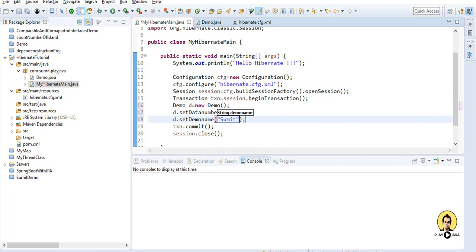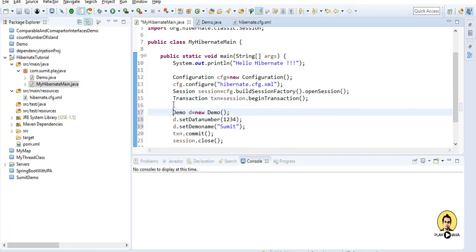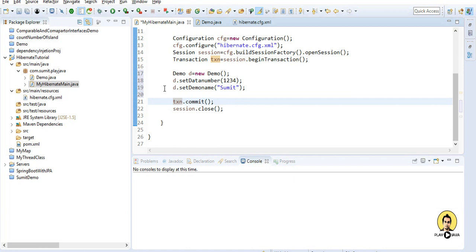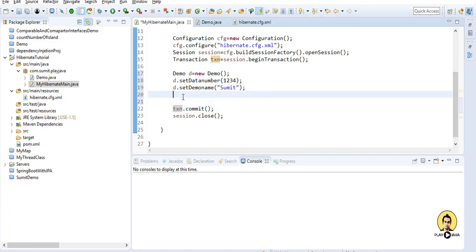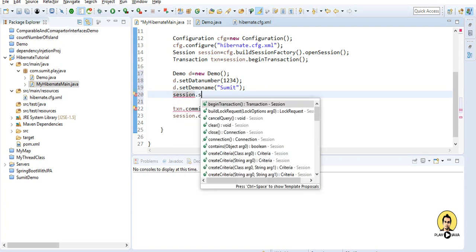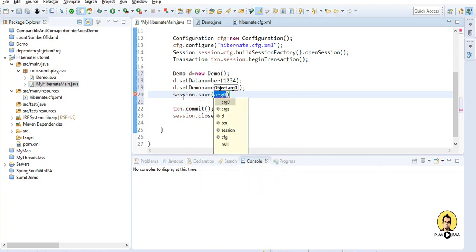So our demo object is created, and we'll do the transaction for this. Just call the session before the transaction commit, session.save, and I will put d here, that is the object d.